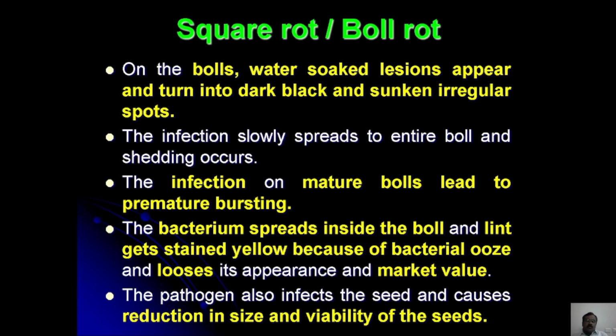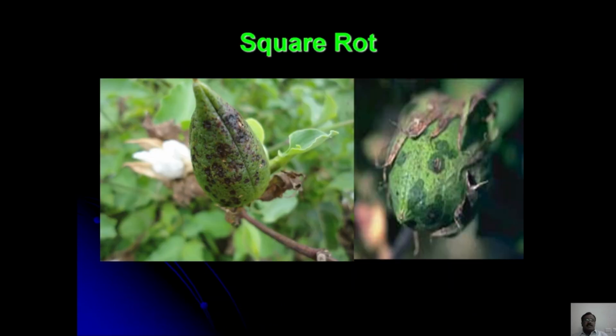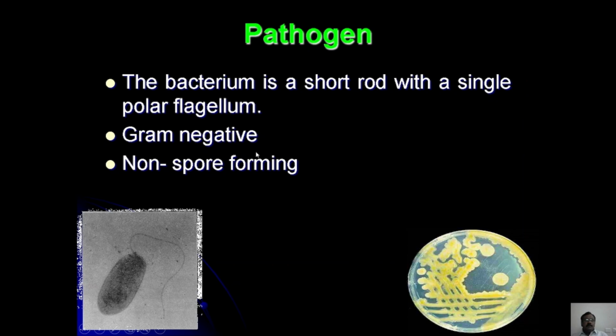And the pathogen also affects the seed and causes reduction in the size as well as the viability of the seeds. And this is the typical water-soaked lesions on the bolls, and this is the bacterium, which is short, rod-shaped, with a single polar flagellum, gram-negative in nature, and a non-spore forming